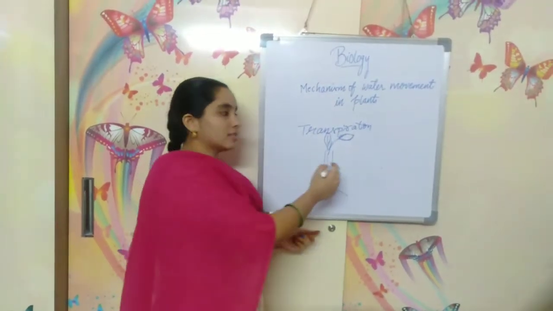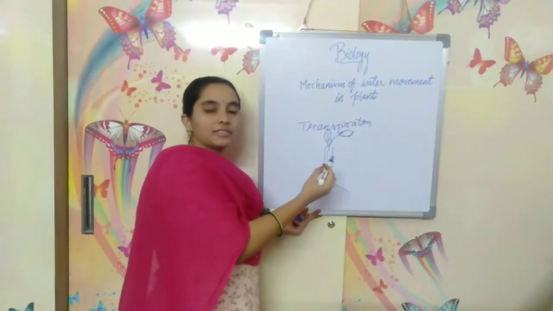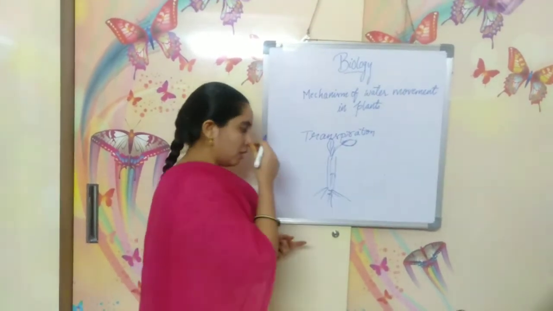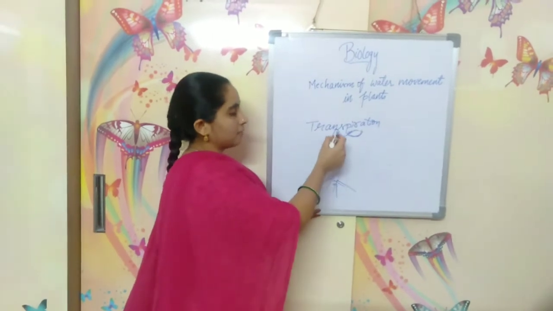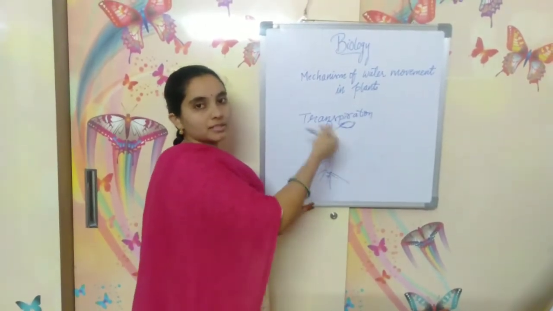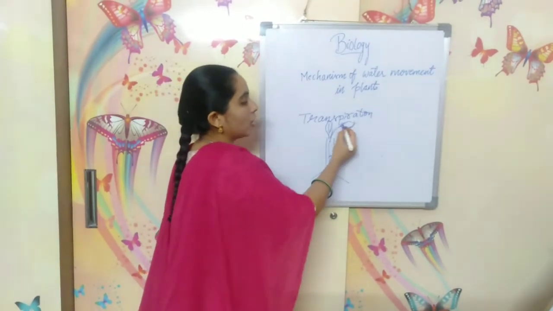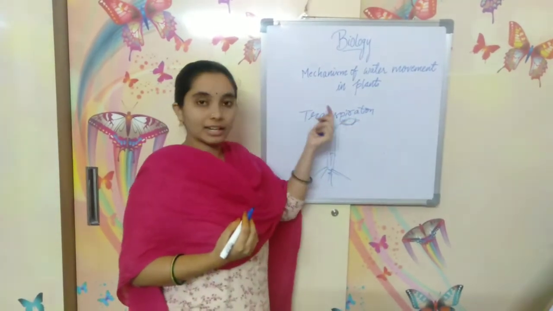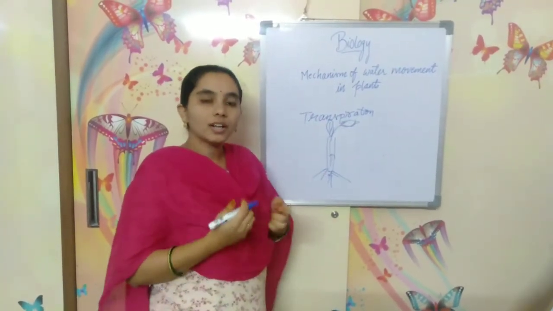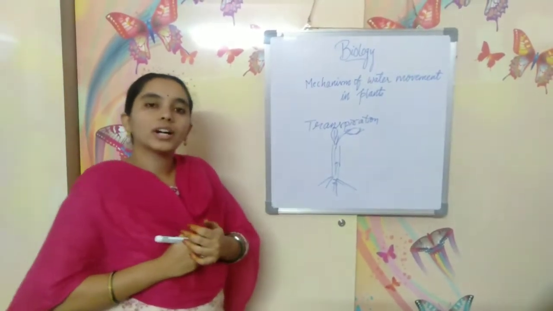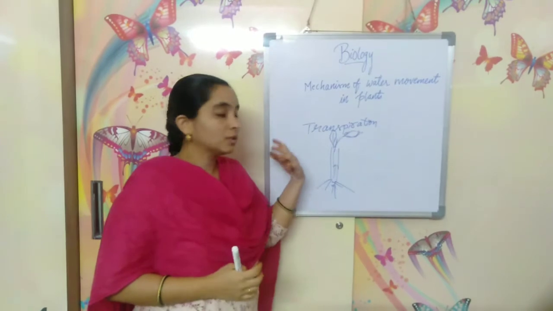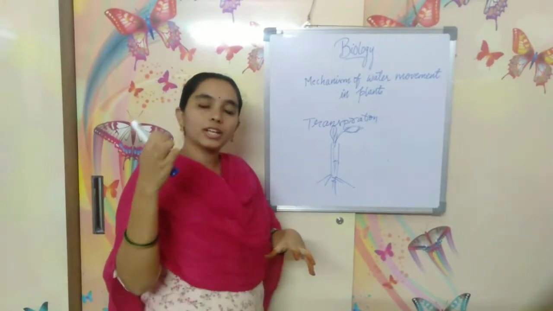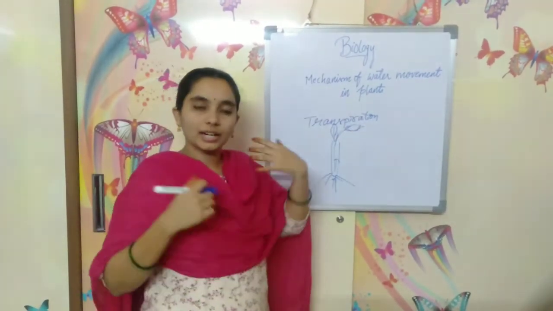When water reaches the leaves, the leaves are the last part where any water or any particle can move. From roots it goes to the stem, from the stem to the branches, and then to the leaves. After water reaches the leaves, what happens to the water there? The leaves cannot store all the water, because the movement of water in plants is a continuous process. There is a continuous pull of the water to the top of the plant. So leaves don't need that much water.